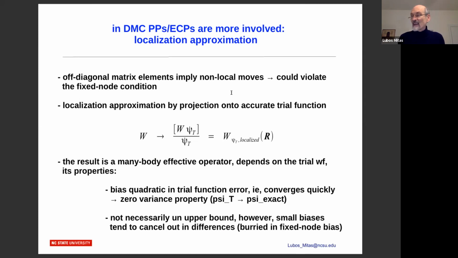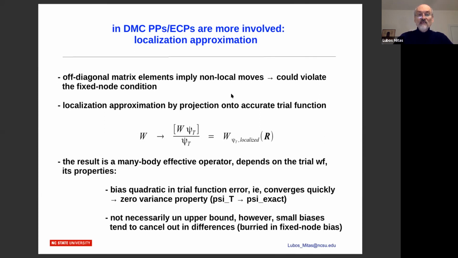It is not a tiny displacement as is dictated by the time step, because the non-local matrix element implies instant moves in the space, which could be around the whole atom, going several atomic units. That, of course, very easily could violate the fixed node condition, which I'm sure you already know at this point. And therefore, we have to do something with this non-locality. One version of how to deal with this